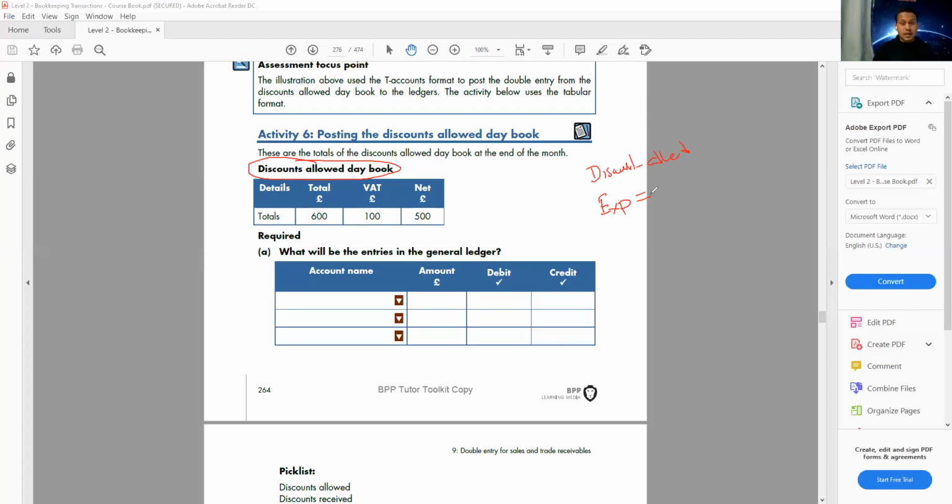Evelyn, how come discount allowed will be credit? If I give a discount, discount allowed is expense, and expense is your debit, isn't it? If you remember your debt,